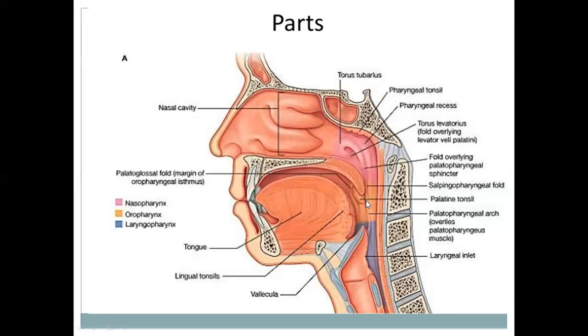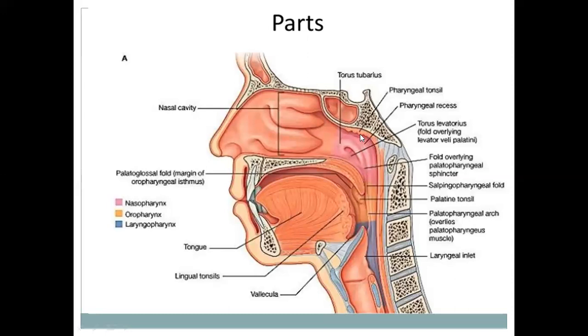This elevates the pharynx upward at the time of deglutition. And the palatopharyngeus is another longitudinal muscle, present in the posterior part of the hard palate, and it elevates the soft palate. So this pharyngeal isthmus will close and the particles of the bolus will not go into the nasopharynx. So this salpingopharyngeal fold of mucous membrane covers the salpingopharyngeus muscle, which arises from the pharyngotympanic tube. This is the pharyngeal recess. A recess is a depression behind the salpingopharyngeal fold.